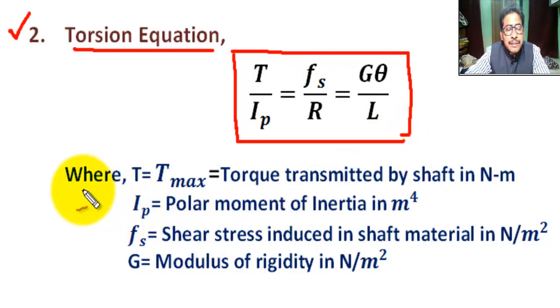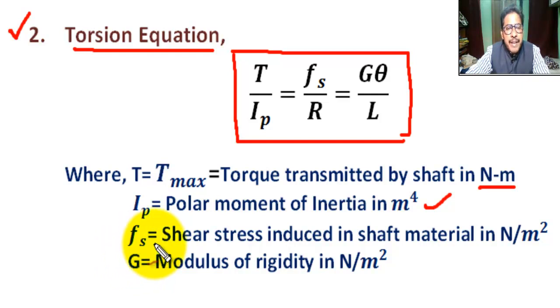Here T equals T max, maximum torque transmitted by shaft in Newton meter, IP equals polar moment of inertia in meter to the power 4,